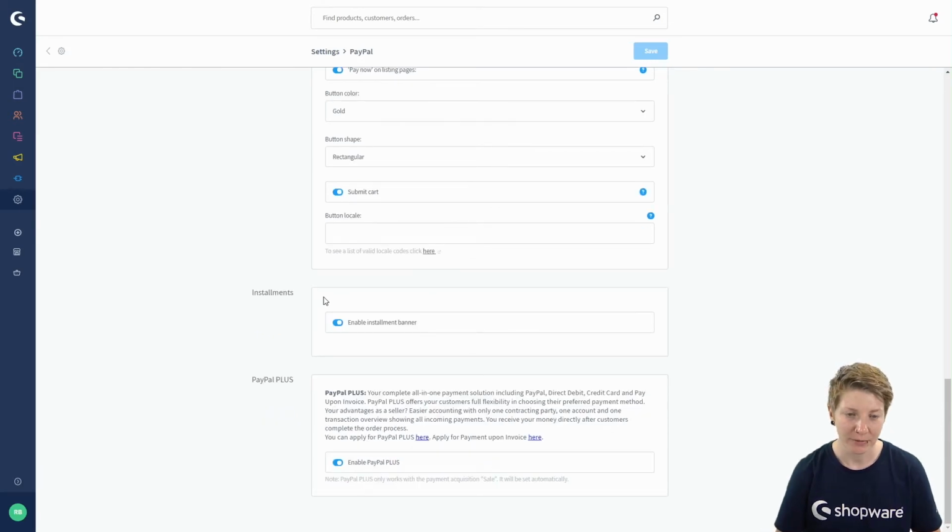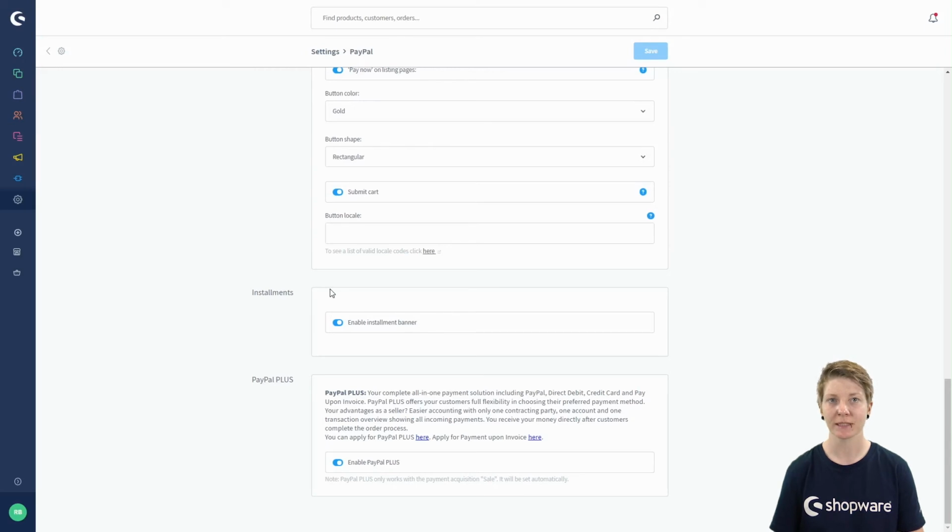Next, we have the PayPal installment. The PayPal app enables you to display a banner for the new installment payment on the item detail page, the off-canvas shopping cart, and when changing the payment method in the order process. This banner will be displayed on items that match the criteria for the installment payment.